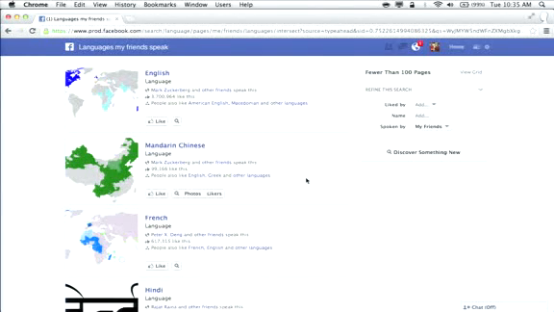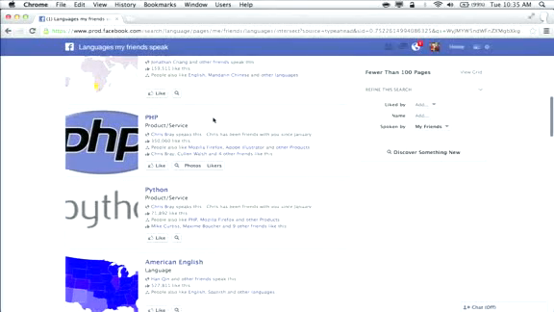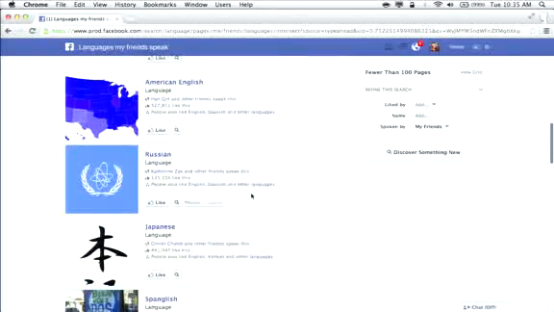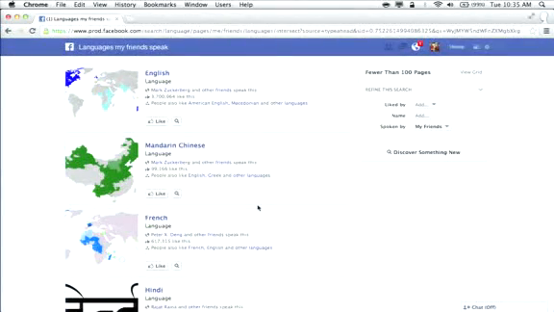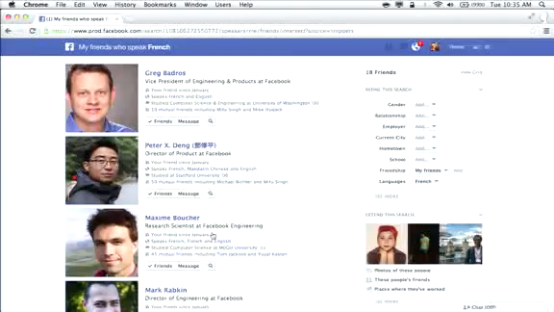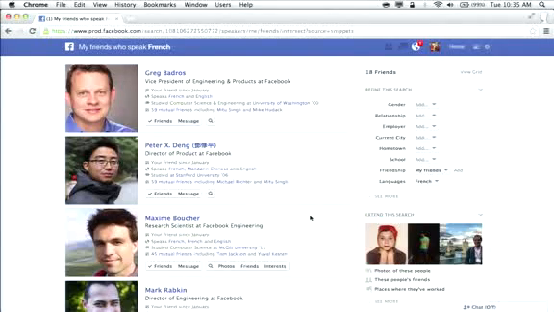And so now there's a field inside your timeline where you can list the languages you speak. This is taking all of the ones from my friends and putting them in one place. And so because I have a lot of software engineer friends, PHP and Python are showing up there. There's Spanglish. This is all good stuff. And if I wanted to find the set of people, let's say I needed something translated from French, I could then go and say, okay, who are just the friends who speak French? And now I have the set of my 18 friends who speak French. So this gives you a sense for some of the things you can do around interests. I'll hand back to Lars, who's going to talk about places.